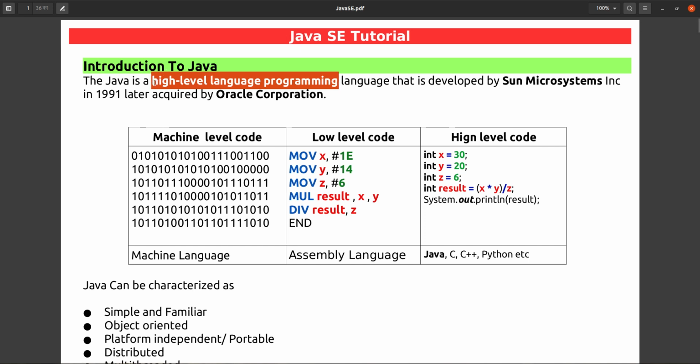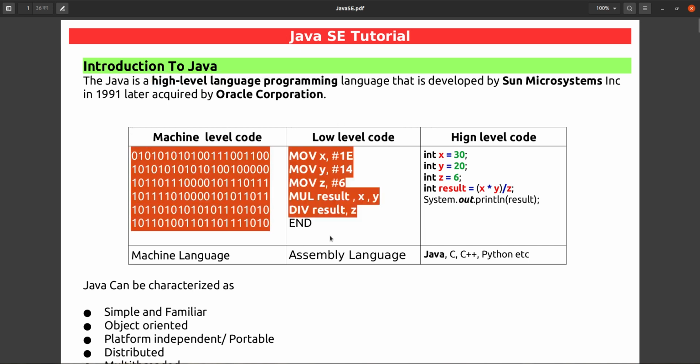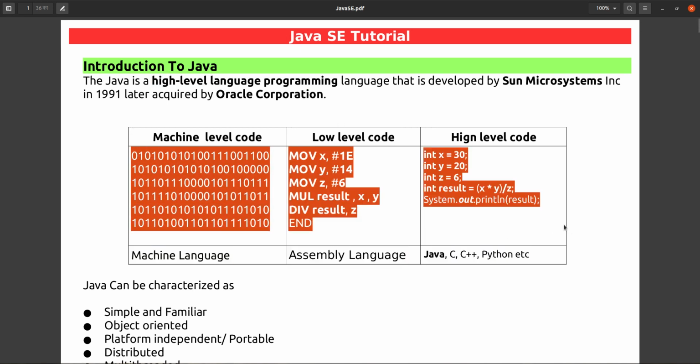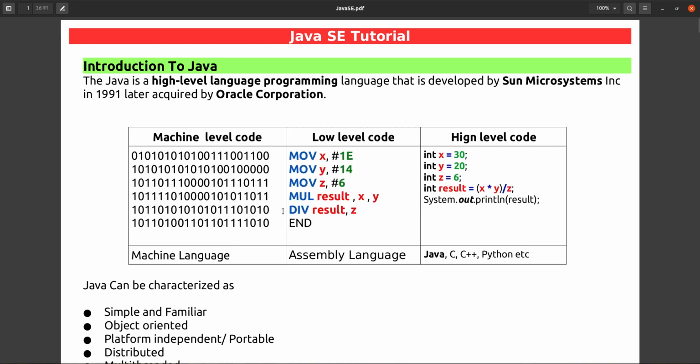So if we say it is a high level programming language, what does it mean? What is the meaning of high level programming language? To define the high level programming language, we have developed the following table. From this table we can differentiate what is high level programming language, what is low level programming language, what is